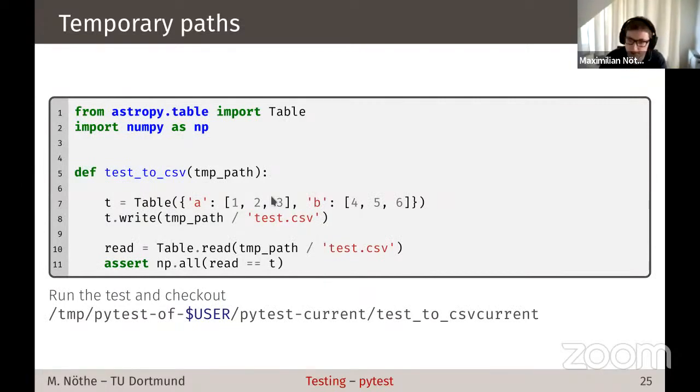So again, AstroPy comes tomorrow, but I use this because AstroPy is quite nice for reading and writing data similar to pandas data frames. We have this table here, and we write it to a CSV file, and then we read it back again and check that the values are all the same between the version we wrote and the version we have read back from the file. And this will run at least on Linux